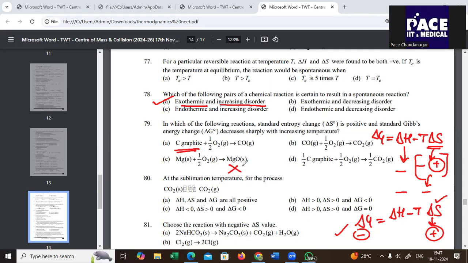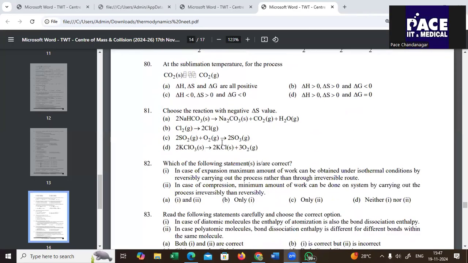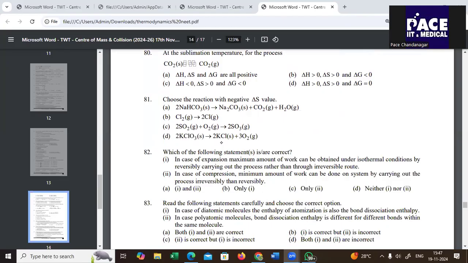In option C, entropy is decreased. In options A, B and D, entropy is increased. But in that, A and D are correct because it is graphite and graphite. Now go with your balancing part, and that will give you the answer. Option A is your answer here: C plus half O2 will give you CO. So carbon monoxide gas is released here. All right. Next, moving on with the next question. Clear all the drawings. Question number 80. At the sublimation temperature for the process,